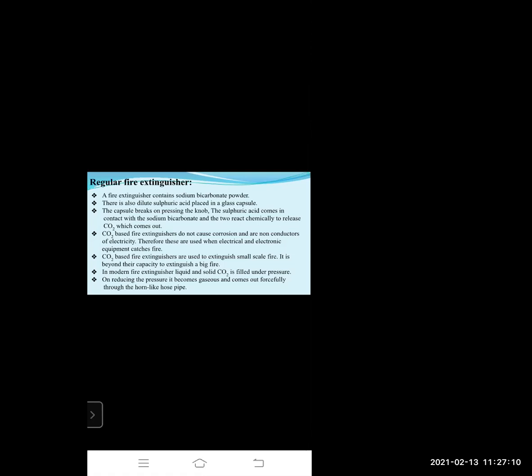And the dilute sulfuric acid is there. When we press the knob, it breaks down and the sulfuric